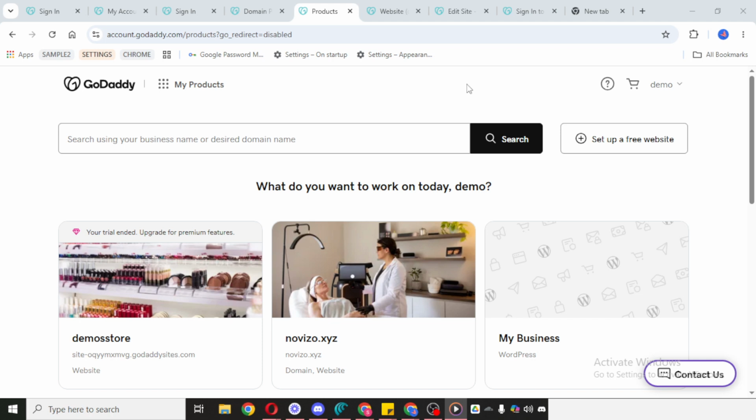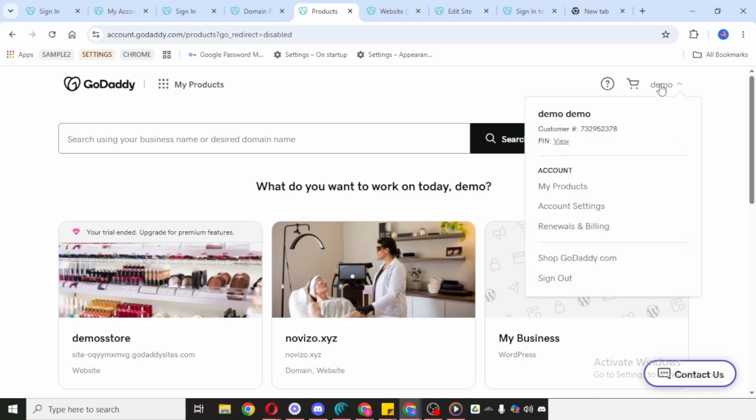After you're inside your account, go to your Profile section. This is the area where GoDaddy stores your main account details and personal account information. In most cases, you can access it by clicking your profile icon or account name near the top of the page. If the layout looks slightly different on your screen, don't worry. GoDaddy occasionally updates its design, but the profile section is still the place you'll want to open.